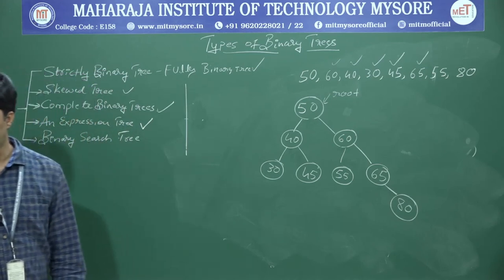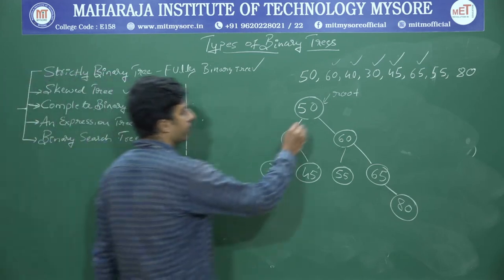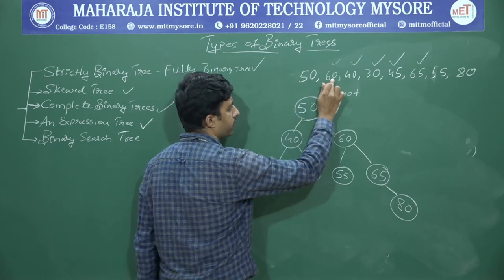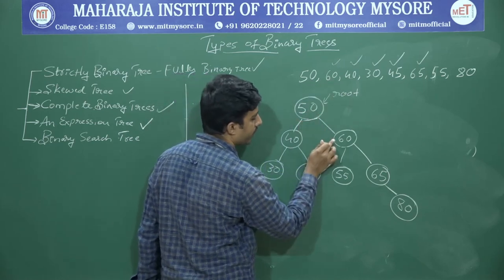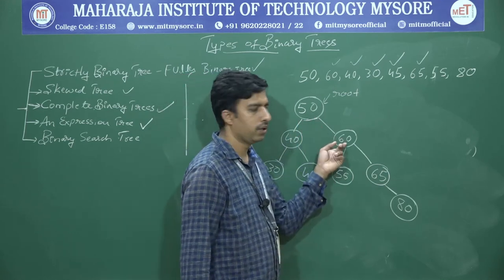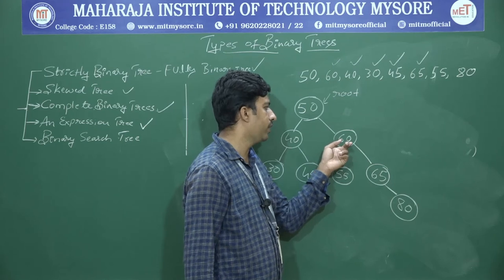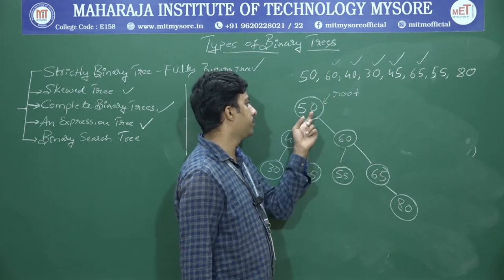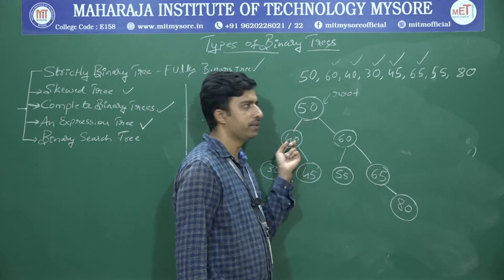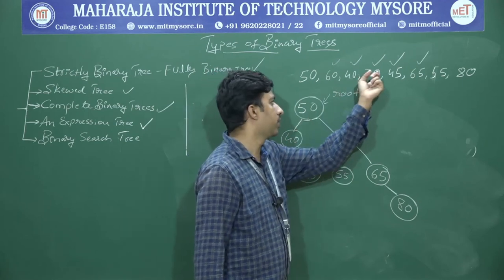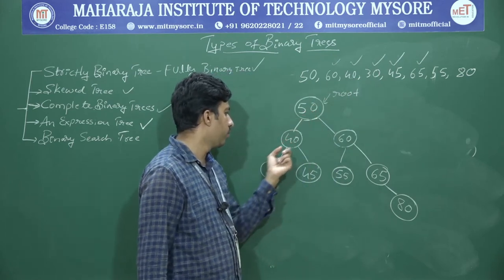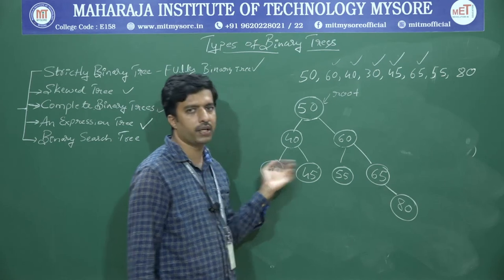Next, how to insert? Check that one. A value comes into the picture: 50 is taken as the root, then 60 comes into the picture. Check whether the right side of the node is free; it moves towards the right, otherwise create a node and insert the value 60. 40 comes into the picture, move to the left; no element is there, so create the node and insert the value there. Like that it moves on. 30: less than 50, yes, less than 40, yes, the left side has no node, so create a node and insert 30. Like that it goes on.